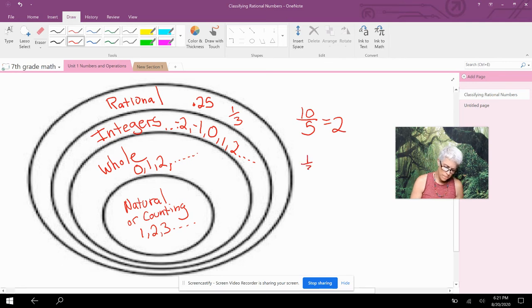1/3, if you change that to a decimal, it would be a repeating decimal. That's one of the ones on your memorize this page. Now, if you have a fraction and you change it to a decimal and it repeats with a pattern, it's still a rational number. But if you have a fraction,